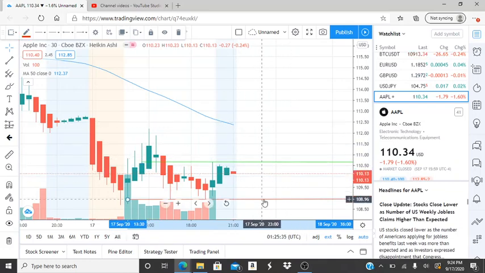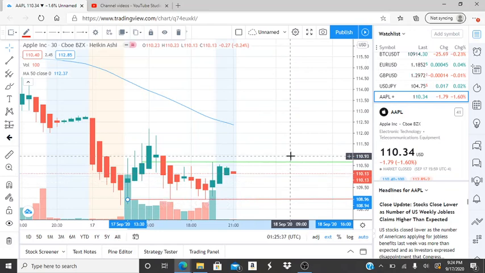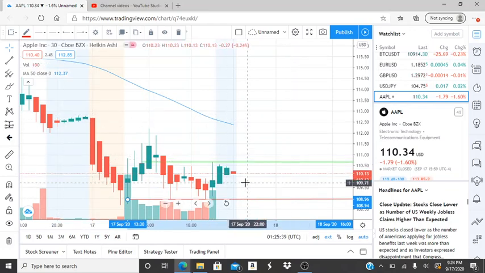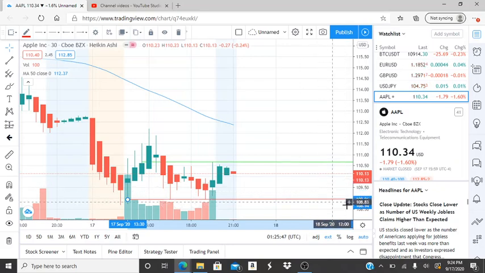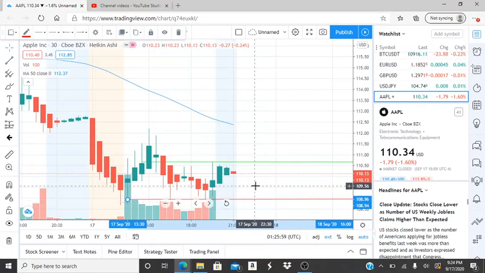Now, on the other spectrum of things, we have the bears. And the bears are right now dominating. We're below the 50-day moving average. And if the bears are able to continue to tear this one down, they're going to want to break through support. And support is 108.96. That support level, I want to emphasize, I'd pay very close attention to how this stock is reacting if